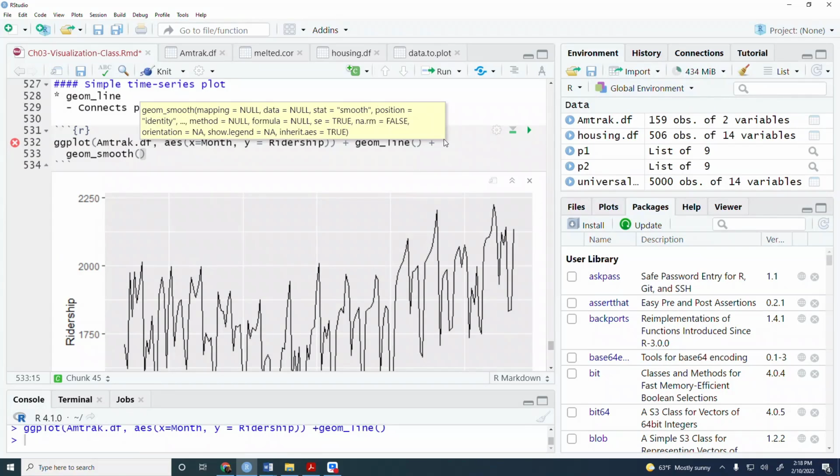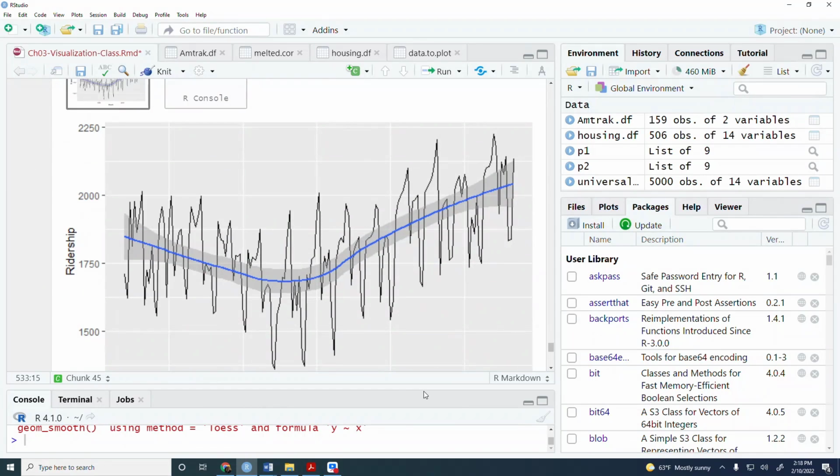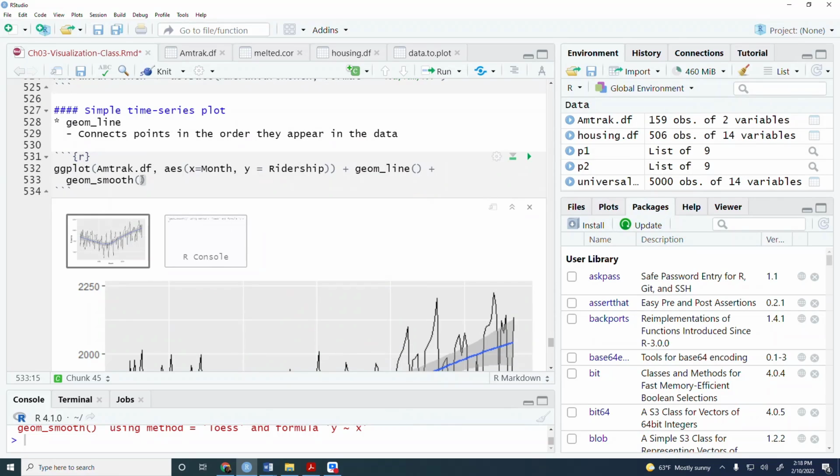If you just say geom_smooth, it'll try to plot a smooth line that fits the data. But you can control what kind of smooth line you want instead of leaving it up to R. So here you can specify what kind of line you want to fit, and that is given by formula